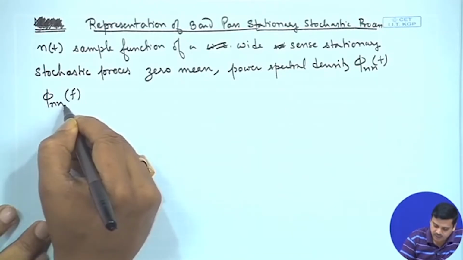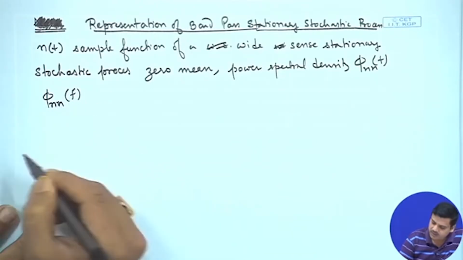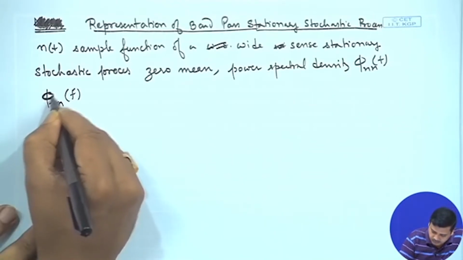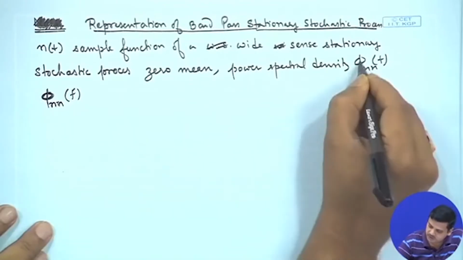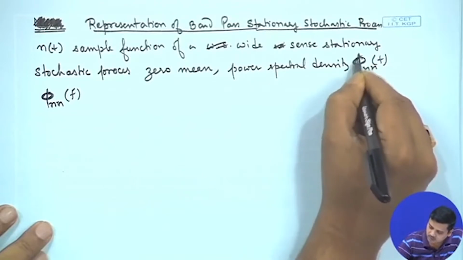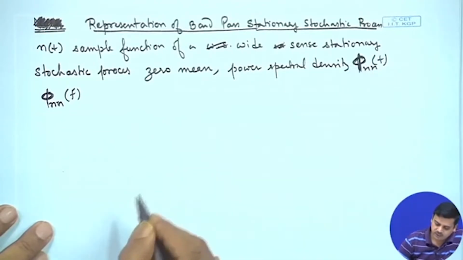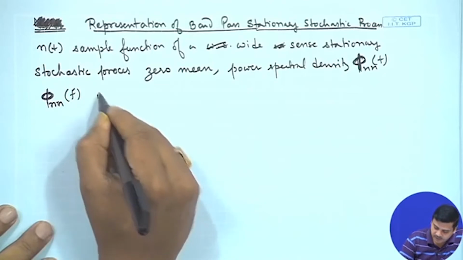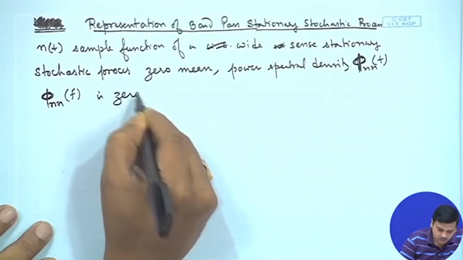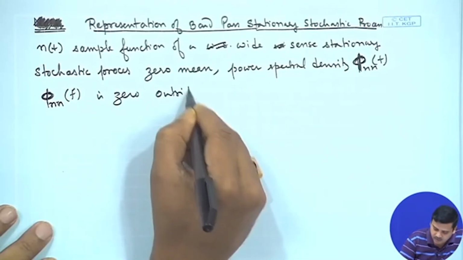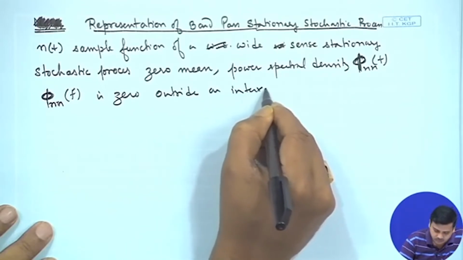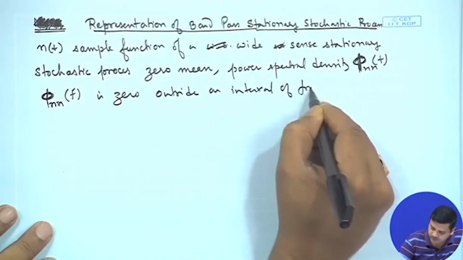We are writing phi_nn to represent the power spectral density. There might be a confusion of notation, so we will put phi_nn of f, as the noise is defined in such a way that this is 0 outside an interval of frequency